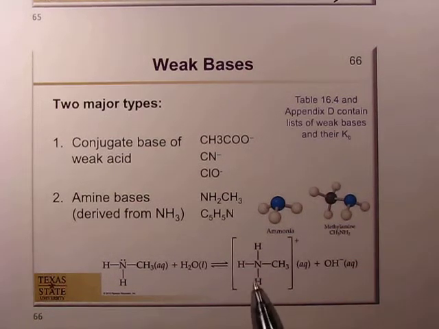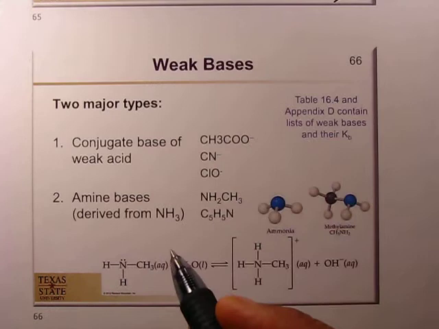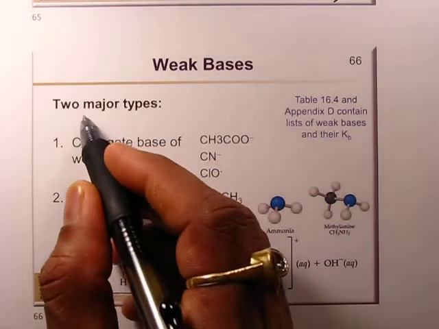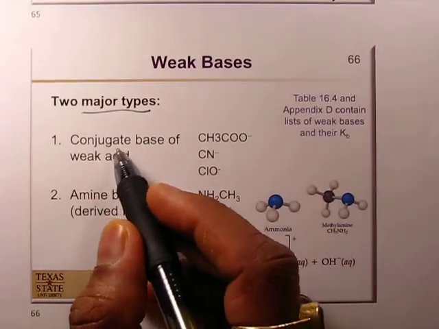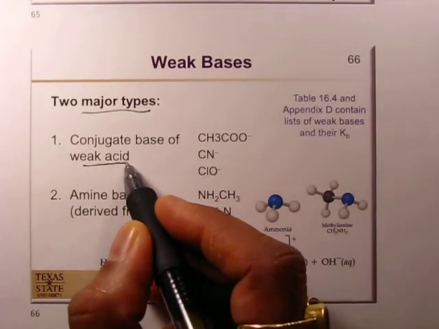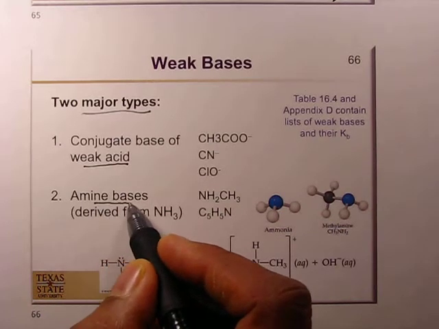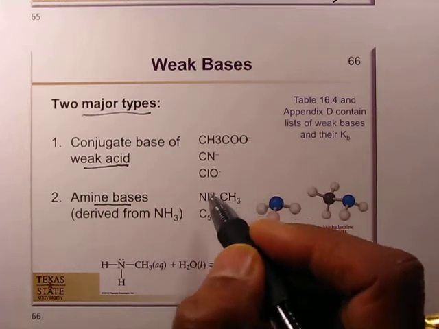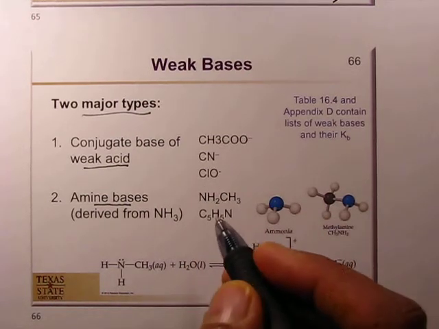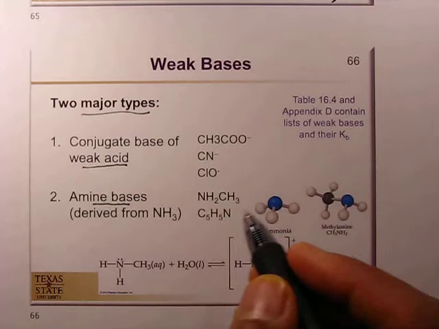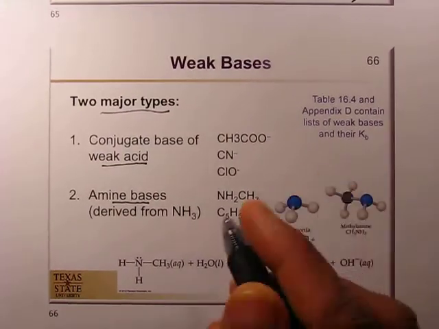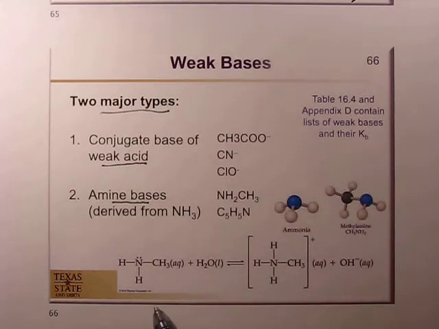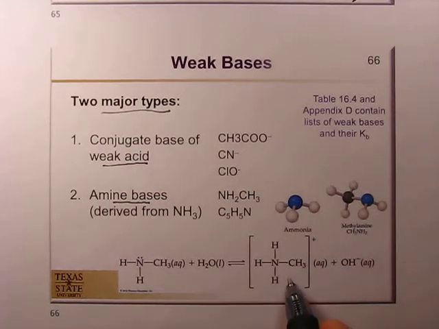So in this video we will study the weak bases, and there are two major types. Number one is the conjugate base of a weak acid, and number two is the amine bases. For example, acetate ion, cyanide ion, chlorate ion. And amine bases are ammonia derivatives: methylamine, and then these are like ammonium ion,